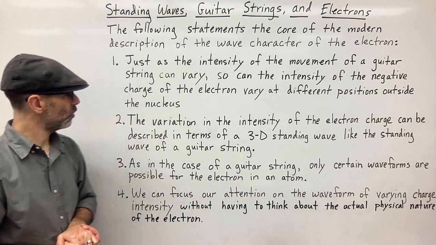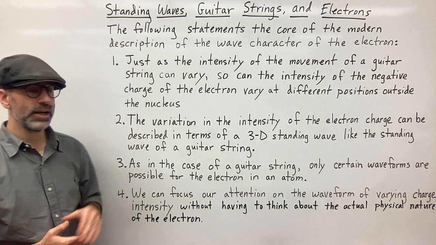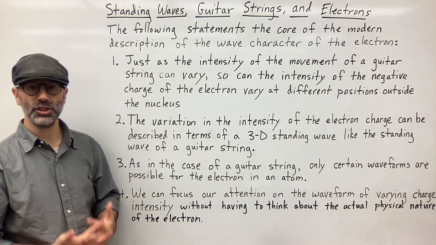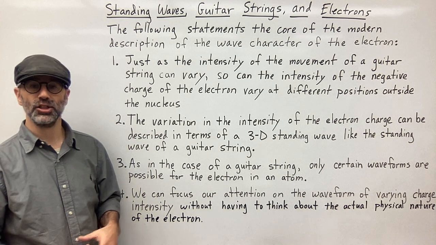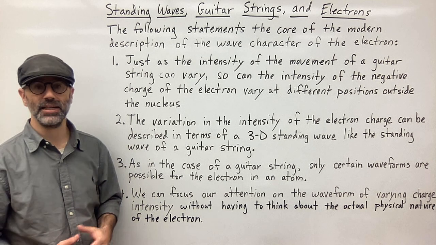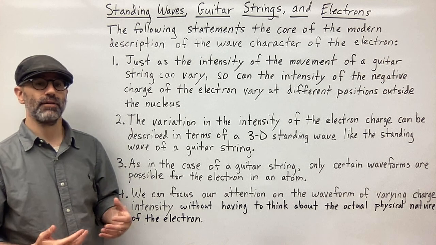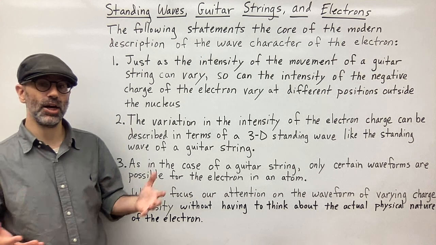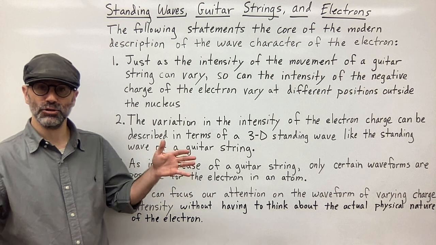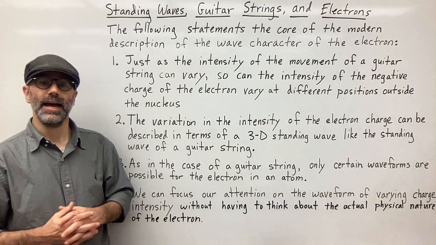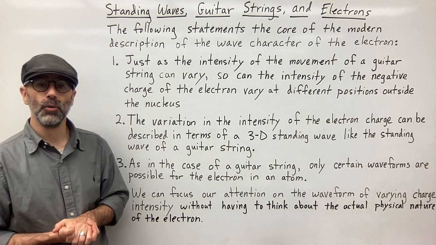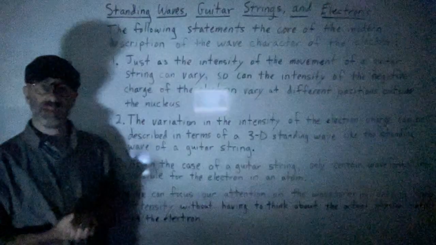Okay. Number two, the variation of intensity of the electron charge can be described in terms of a 3D standing wave, like the standing wave of a guitar string. The guitar string, because it's tied in two places, has a standing wave that is two-dimensional. But we can think of the electron since